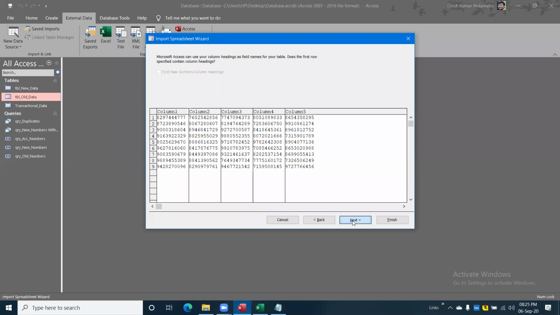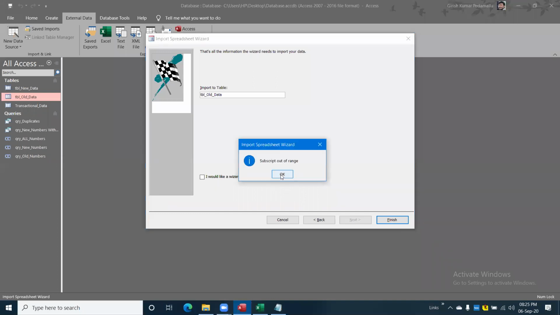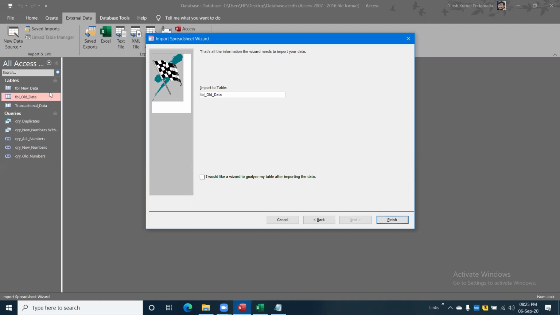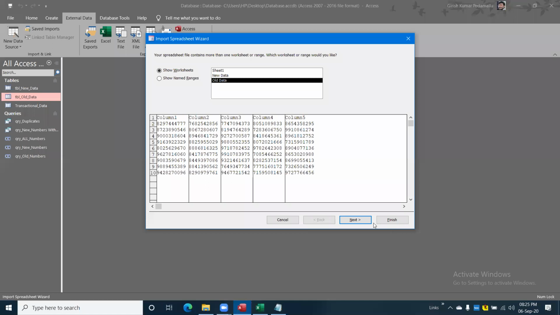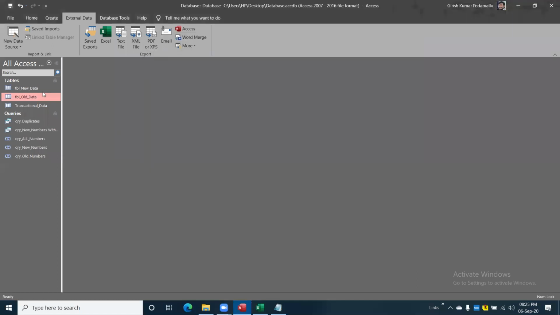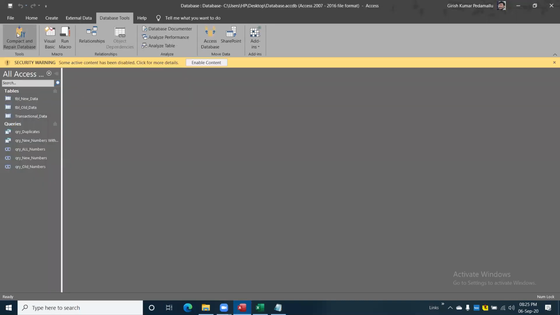It should upload the data. Some issue is coming, but actually you can import the data whenever you get new data, right? Sir, what I observed is that when you deleted the records, there were only 3 columns in the old data, but when you're importing, there are 5 columns. Is it? No, 5 columns are there in the old data. Okay, sorry. Maybe I missed it.